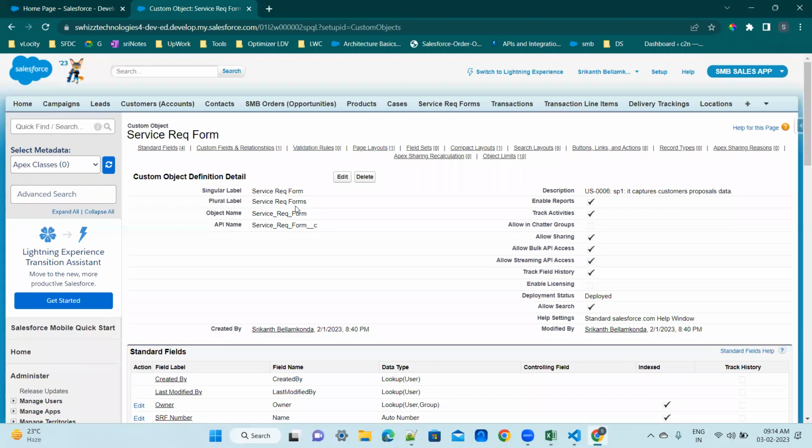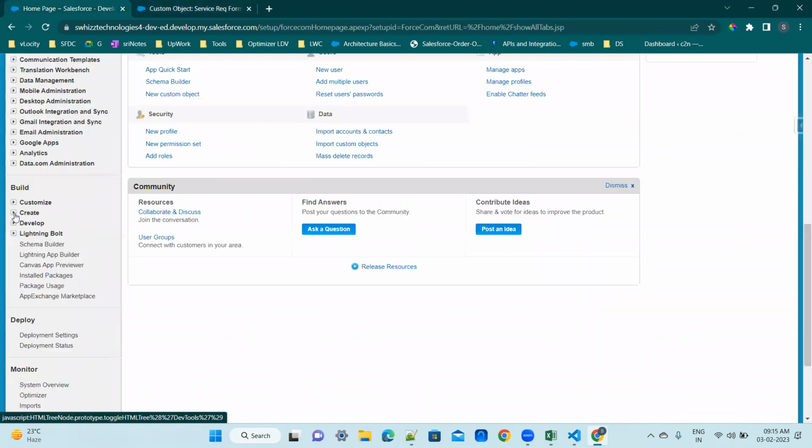See, I just opened the custom object. How can you decide whether it's a custom object or not? Because it's a _C. Okay. Now, if I want to open a standard object, all standard objects, that is the objects given